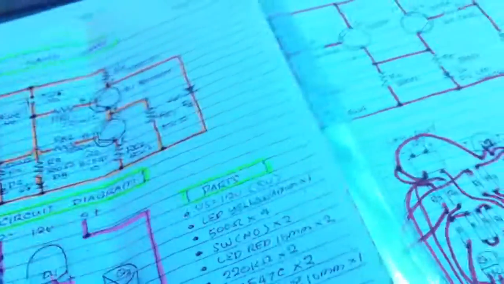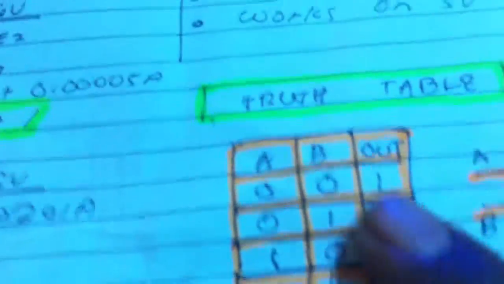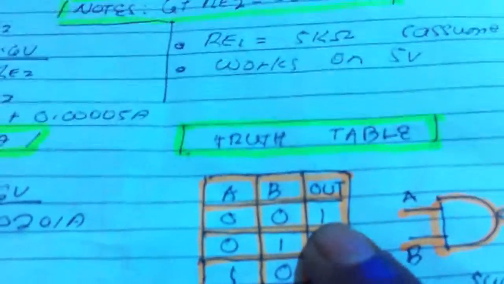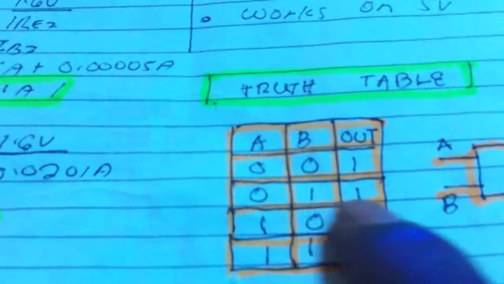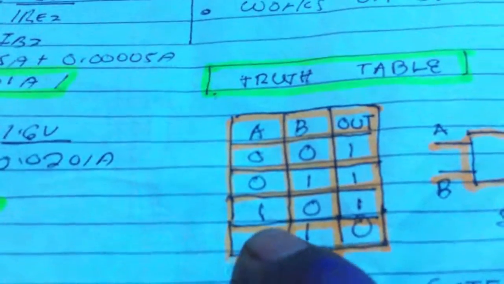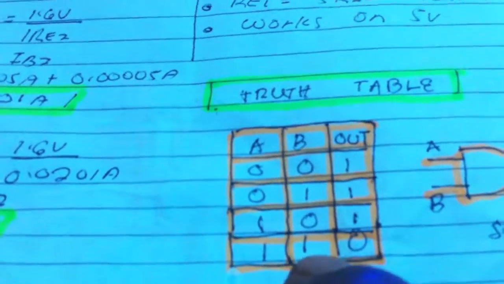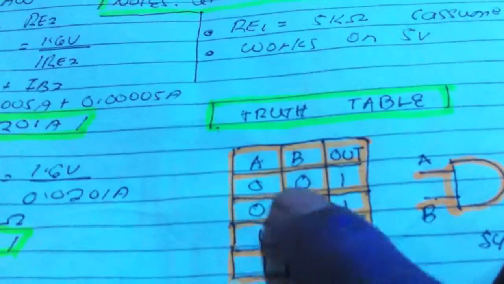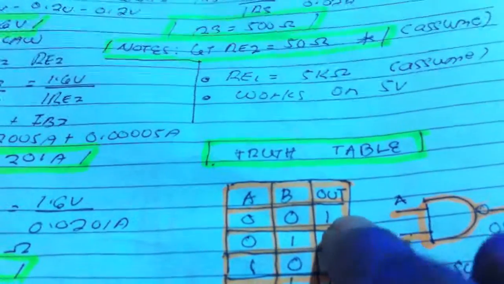It means that if you don't have an input, the LED still turns on, an output of 1. If you push the button here, still output 1, and when you push the other button, still 1. If you push both buttons, the LED turns off for an output of 0. So this normally turns on because according to the truth table, no input, still the LED turns on, output 1. So we calculated all the values here